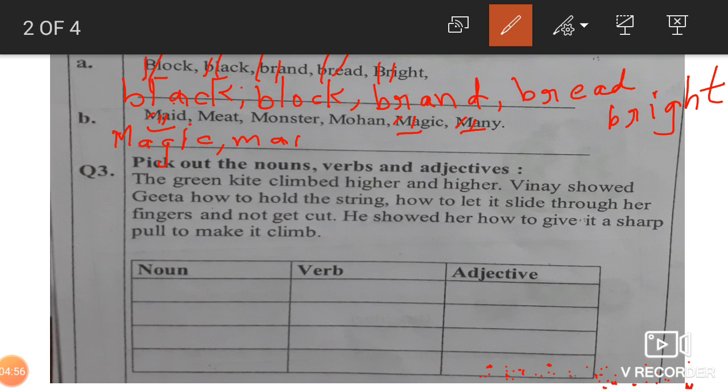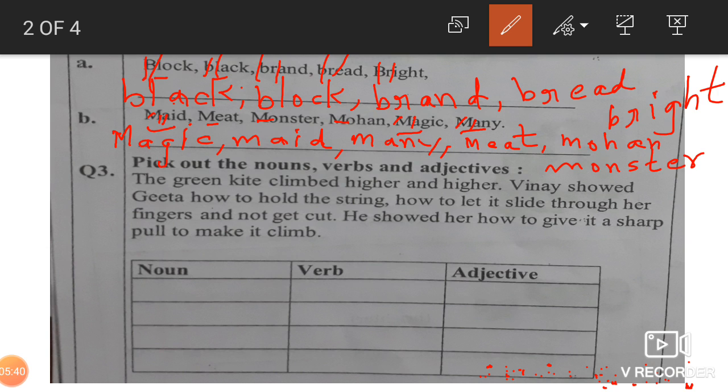Okay, A B C D E F G H I, then comes the maid. After maid, many. M-A-N-Y, many. Okay. Then comes meat, monster and Mohan. Then E will come, so M-E-A-T, meat. After meat, two words with M-O, monster and Mohan. So M-O, M-O we cancel. We cannot compare. Next letter is H and N. So H पहले आता है. So we will write Mohan. Okay. After Mohan, the last comes the monster.